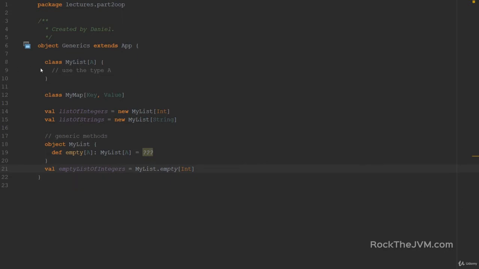Alright, so now we know how to define and use generic classes and traits, and how to define and use generic methods. Okay, so this was easy enough. What's hard is what comes after. Now that we know generics, there are some hard questions that we need to answer, and this is called the